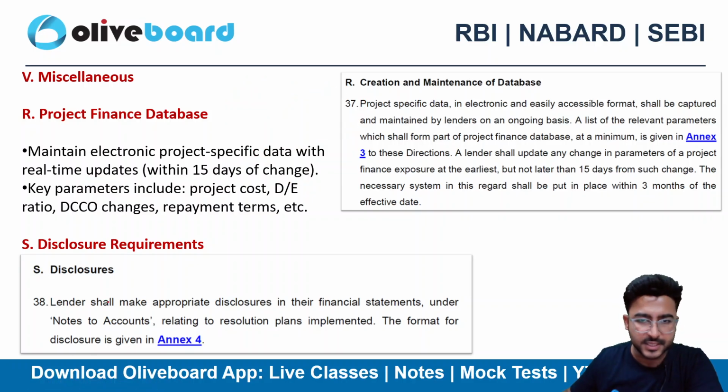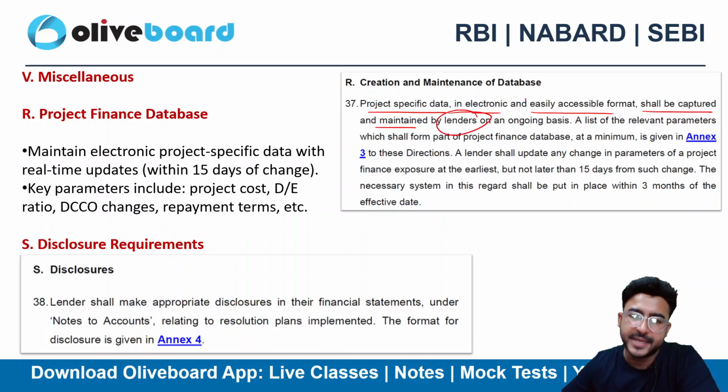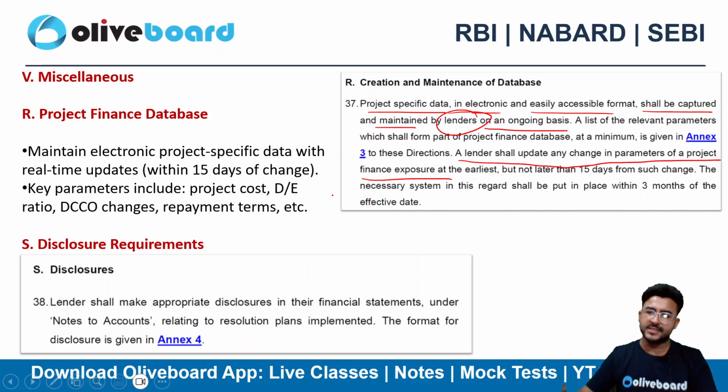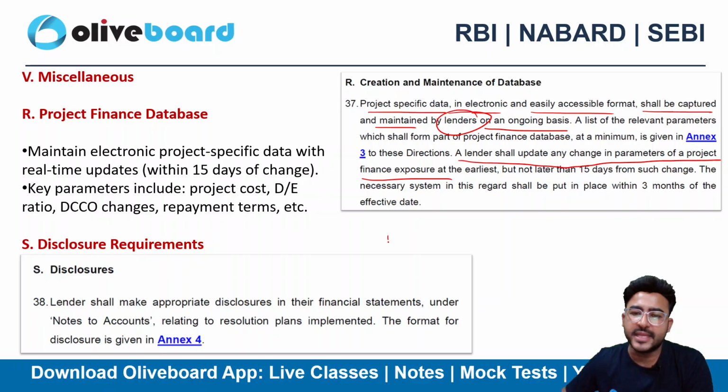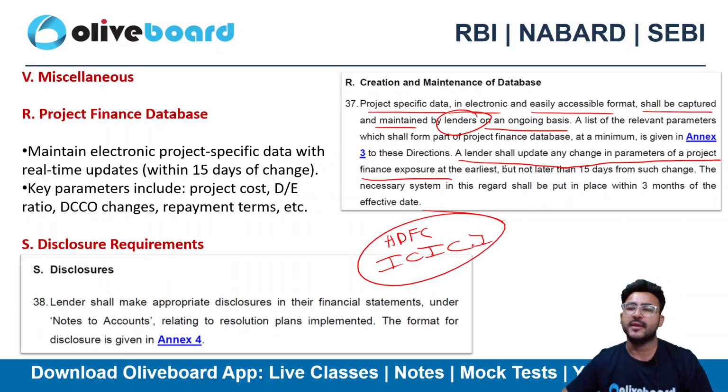So we can read from the circular as well. Project specific data in electronic and easily accessible format shall be captured and maintained by the lenders, regulated entities, right, on an ongoing basis, right? So a lender shall update any change in the parameter of the project finance exposure. Let's suppose there is any kind of change in the project finance exposure, then the HDFC Bank, ICICI Bank and all the regulated entities that are lenders involved in this financing, right,